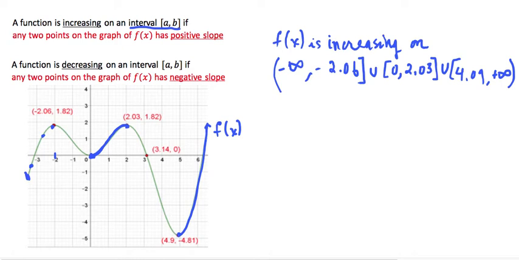So a very similar concept is decreasing. A function is decreasing on an interval AB if any 2 points on the graph of f of x has a negative slope. So you can see here from -2.06 to 0, the function f of x is decreasing. Everywhere along here, any 2 points that you pick and you draw a line between them, you're going to see a negative slope. So we can say that f of x is decreasing